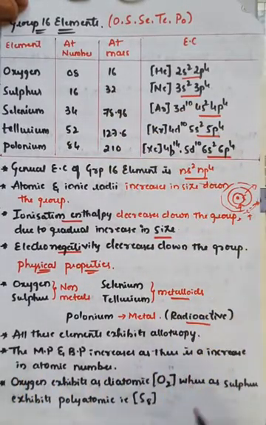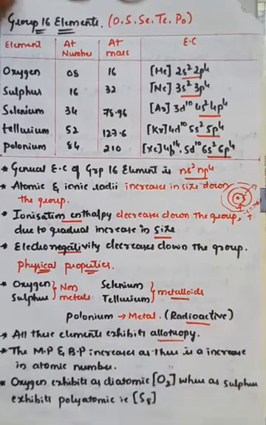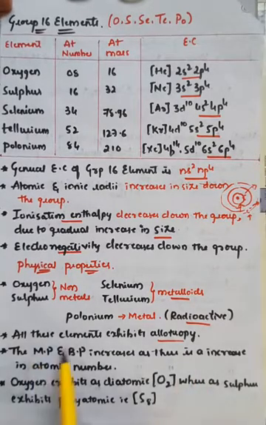And all these elements exhibit allotropy, which means they can be present in different forms. Like if you take carbon, it can be present in the form of graphite, it can be present in the form of diamond, right? It can also be present in the form of fullerene. Like that, different arrangements of atoms make a different shape or overall structure for the molecule, which means the element is the same but its forms are different, right? Therefore all these elements exhibit allotropy.